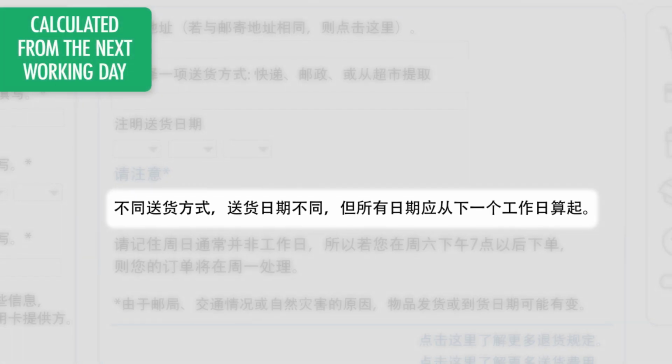The website says that delivery dates differ depending on the delivery method, but all dates should be calculated from the next working day. 不同送货方式、送货日期不同，但所有日期应从下一个工作日算起。